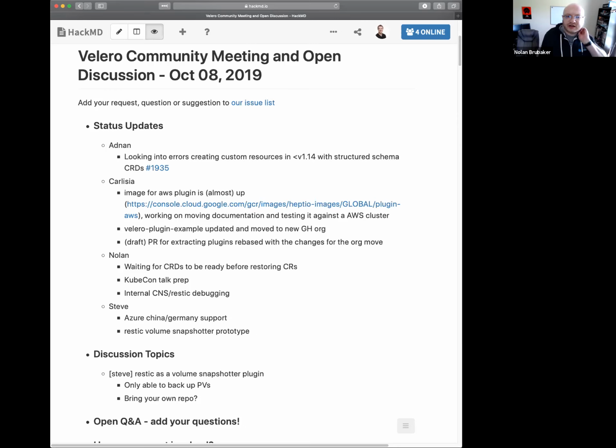And I've also done some initial work on getting a Docker Hub registry set up for Velero. So it will be moving from the GCR space to Docker Hub. No timeline on that currently. I think we should probably have at least a couple months of overlap where we have images available on both GCR and Docker Hub.